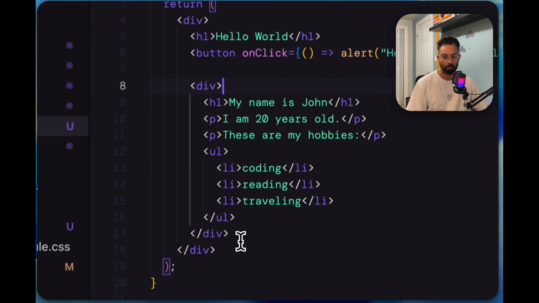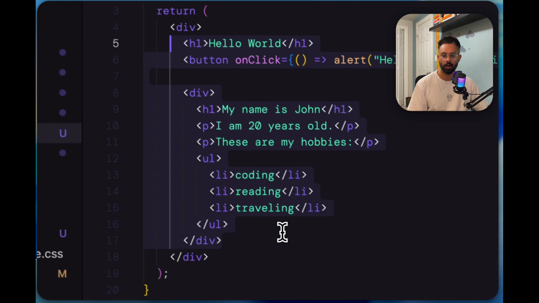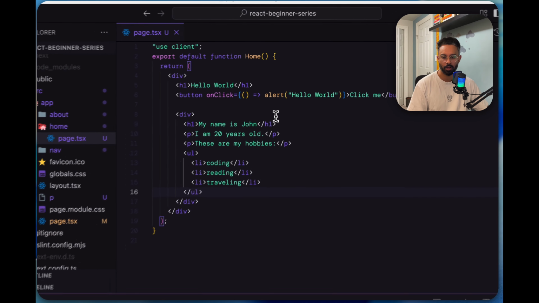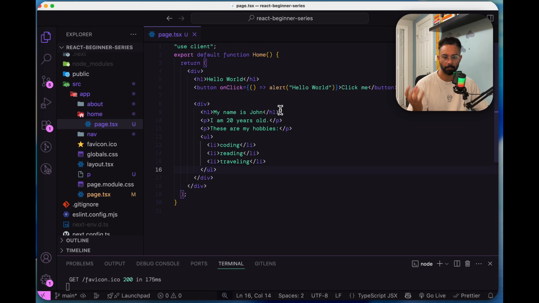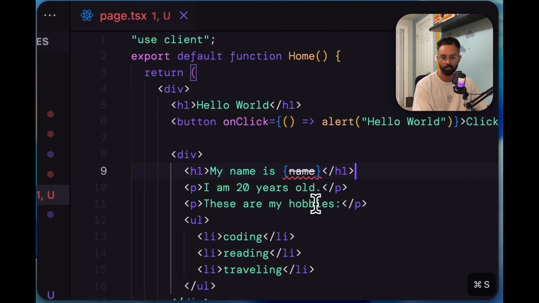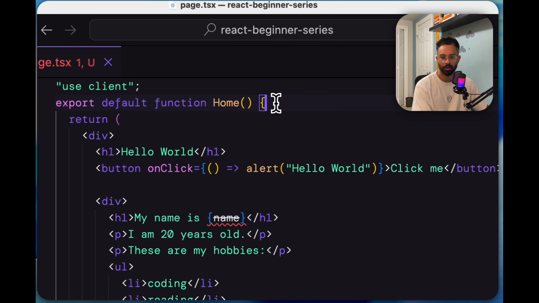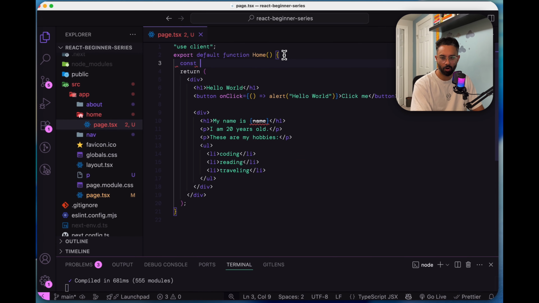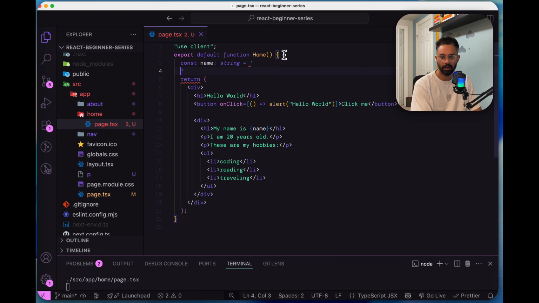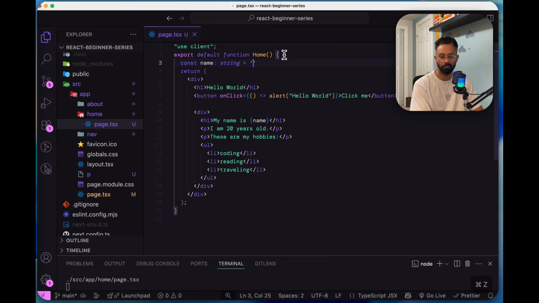So how can we make this more dynamic rather than static? Let's see, my name is John, I'm 20 years old. This is all static content. So let me change some part of this code. First of all, let's remove that h1 and put this. Now it's complaining, what is this name variable? Where is it? Let's create a variable const name, which is of type string, and let's give it a value